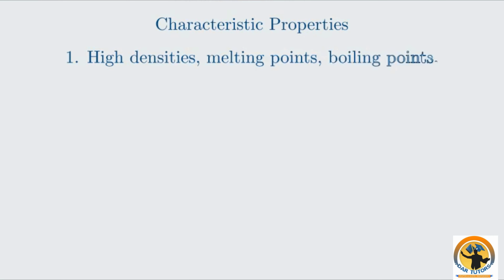Now let's explore the characteristic properties that arise from this partially filled d sublevel. Firstly, transition elements have high densities, melting points, and boiling points, significantly higher than s-block elements. This is due to the involvement of the 4s and 3d electrons in strong metallic bonding. Secondly, they can exhibit a variety of stable oxidation states. This is a direct consequence of the small energy difference between the 4s and 3d orbitals, allowing them to lose